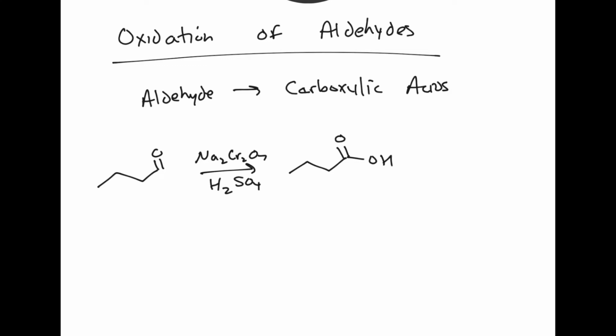I don't have it in the slide. I should probably add it. You can also do it with KMnO4 as well. Right. And these two, if you think about what's going on, make sense, right? So we're just starting with an aldehyde turning into carboxylic acid. These two reagents both turn primary alcohols into carboxylic acids, right? So if you think about how that works,